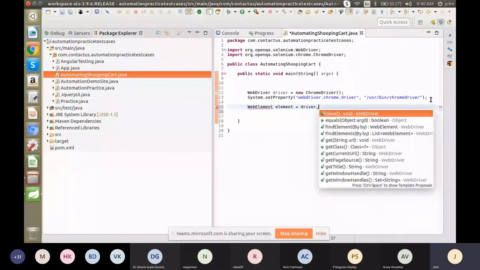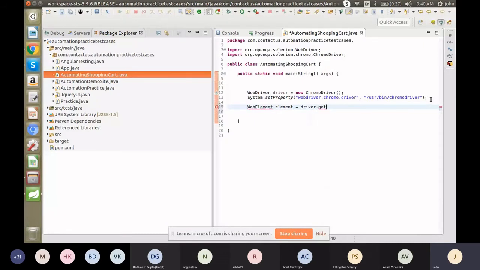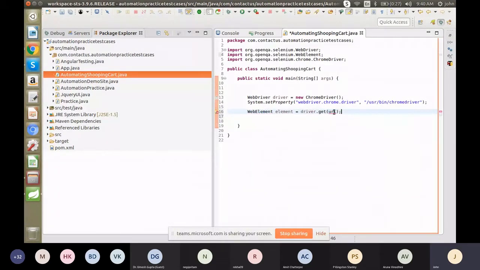Inside this get, we have to pass our URL. Also we have to import the WebElement package. So we'll copy it from Google.